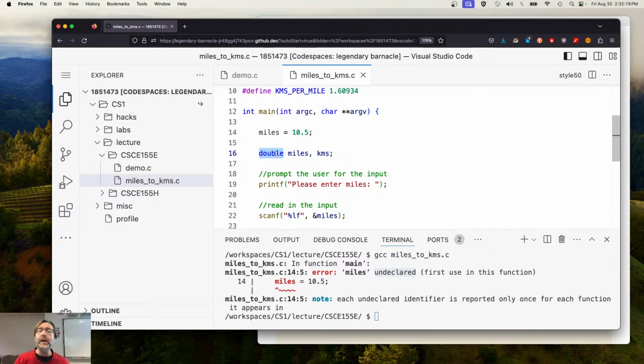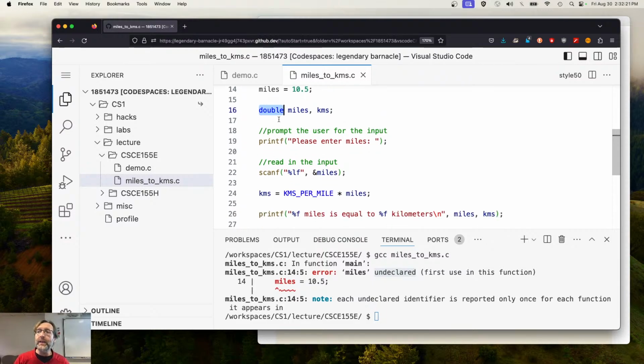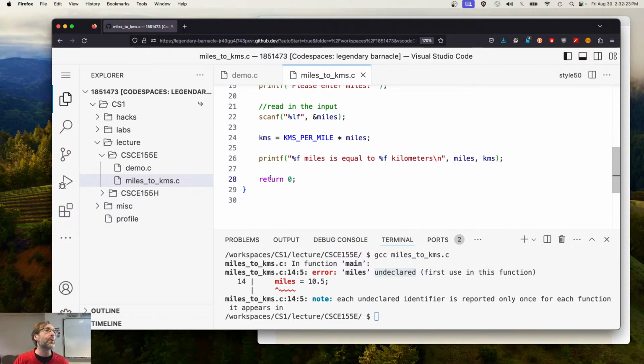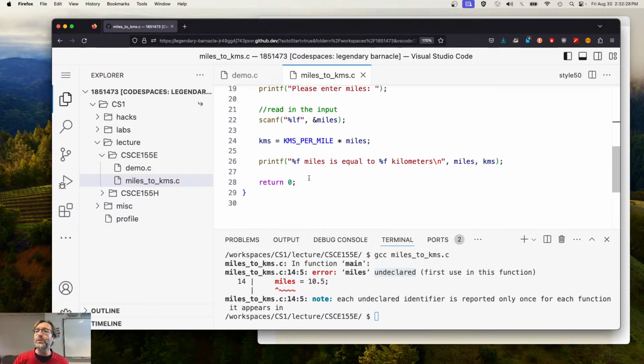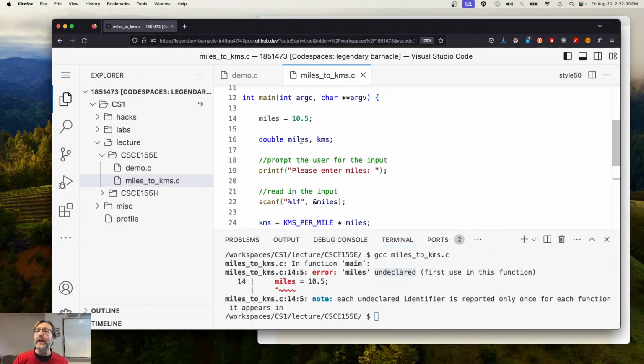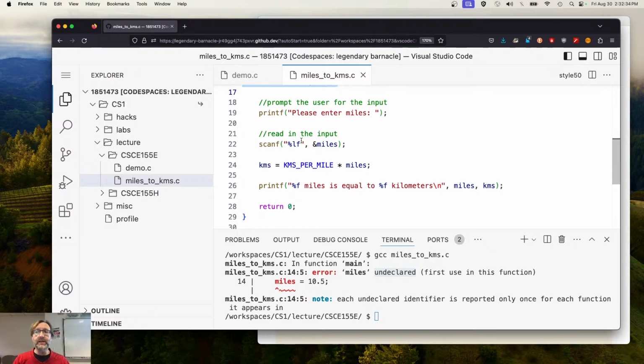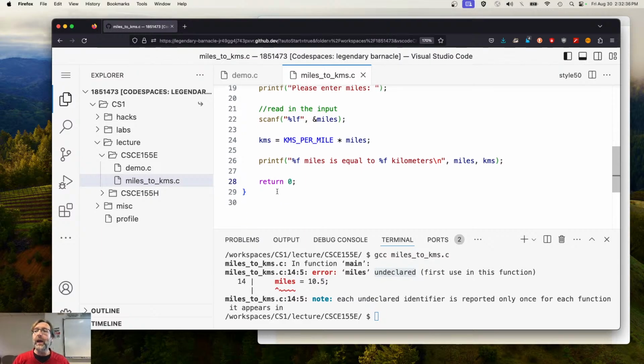It does, however, exist on line 16, and it exists all the way until the end of our program. Remember that the code block opens with a curly bracket and closes with a curly bracket down here, and so when we declare this variable on line 16, that's where it's born. It lives its life out until line 28,